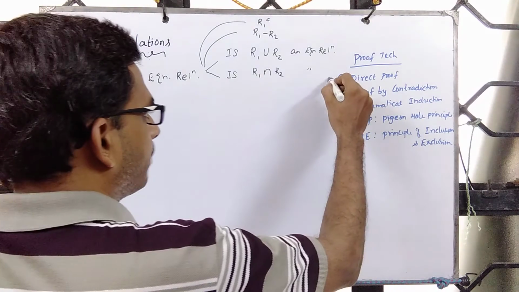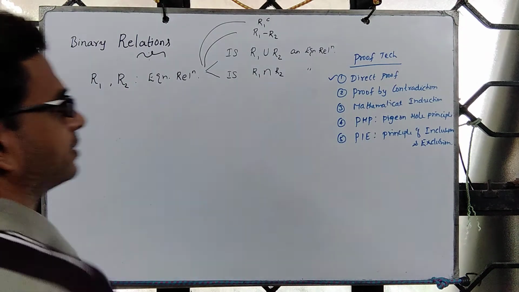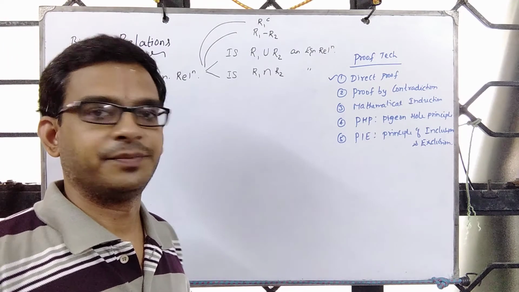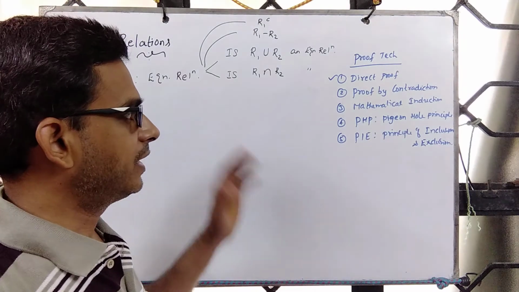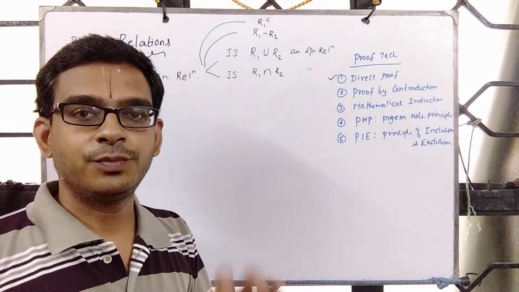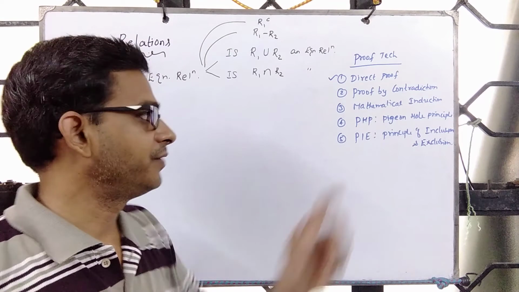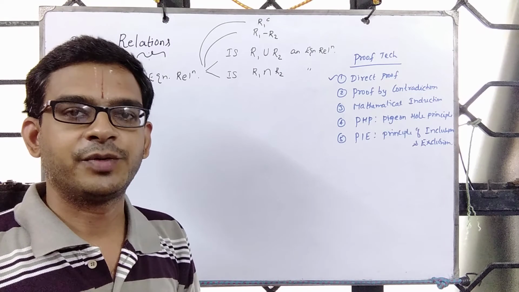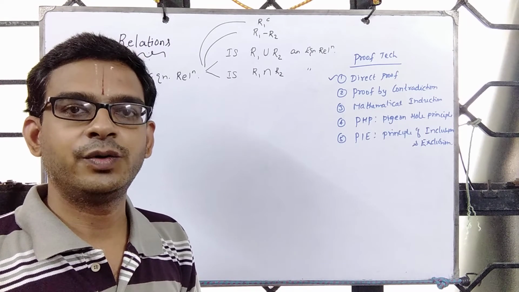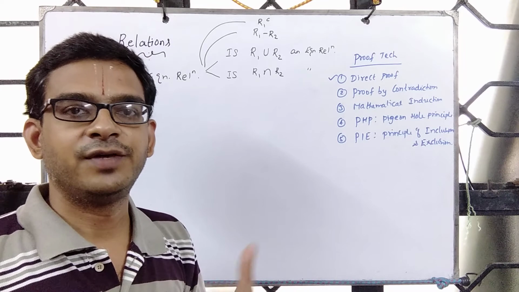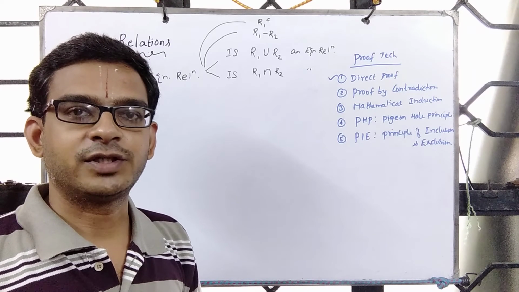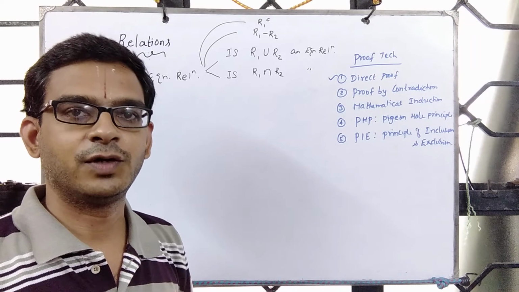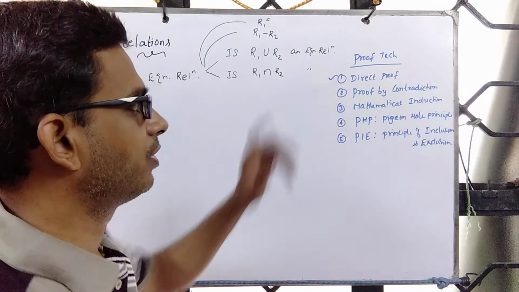Now we will be using direct proof to prove this. In case it is not true, then we establish a counterexample. When we looked at first order logic and we were trying to prove whether an argument is valid or not, we followed direct proof. We converted a predicate logic into a propositional logic, then used well-known implications and equivalences, which we have already proved to be tautologies, in the process of simplification, and finally checked whether the argument follows logically or not. That's an example of direct proof.